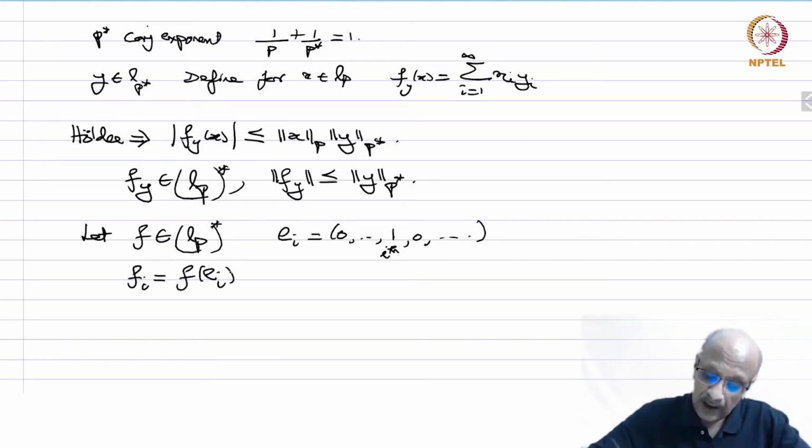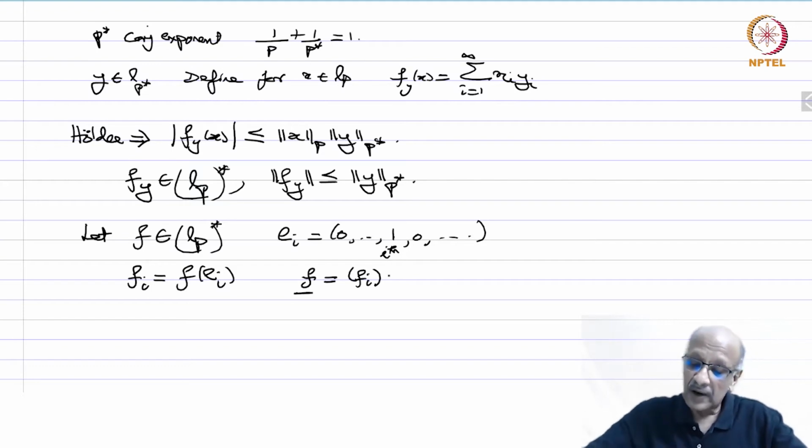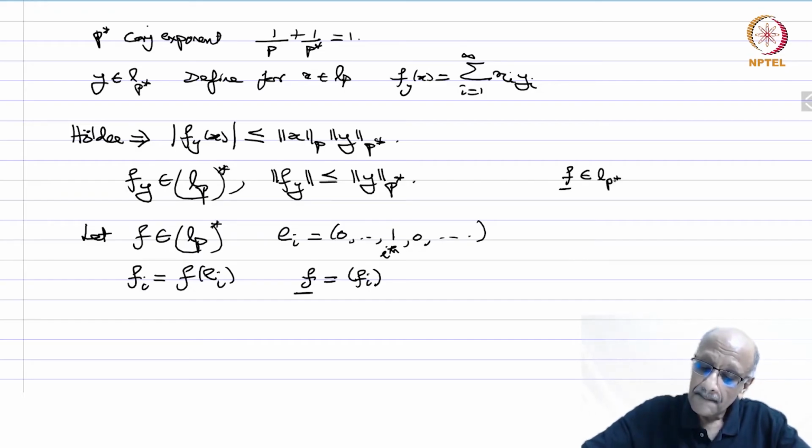So now you have a sequence, let me put f bar, which is equal to fi. So I have a candidate for an element in lp star. So the questions I am going to ask are, if f bar belongs to lp star,